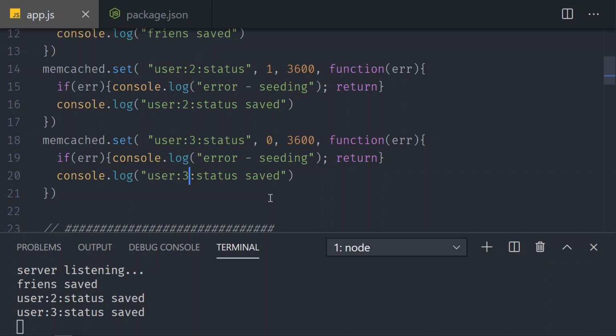I think it's time for us to go to Svelte,